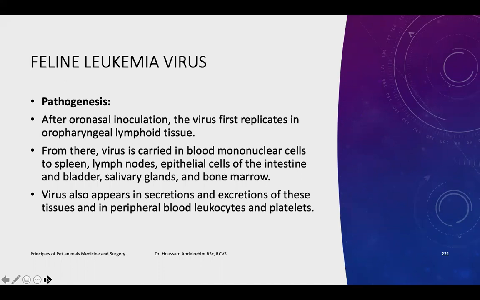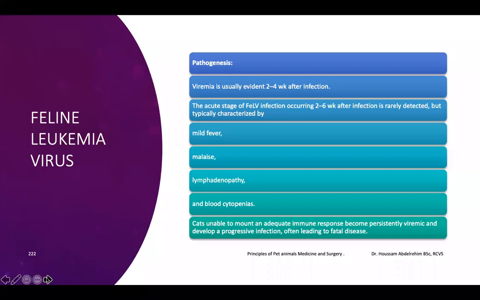The virus also appears in secretions and excretions of these tissues and in peripheral blood leukocytes and platelets. ده داخل على كل حاجة. الفيريميا is usually evident من 2 ل 4 أسابيع after the infection. The acute stage of feline leukemia virus infection occurring 2 to 6 weeks after infection is rarely detected, but typically characterized by هتشوف ايه؟